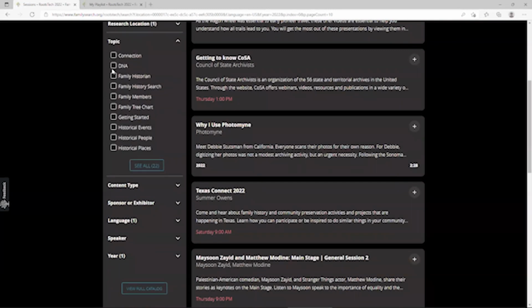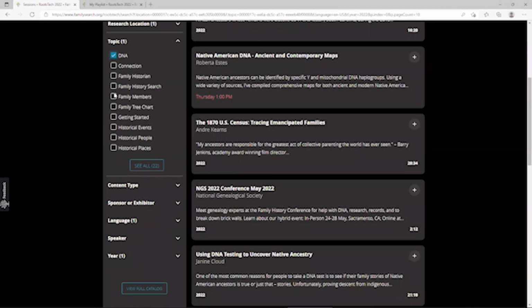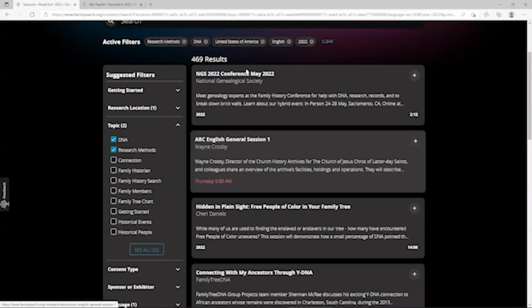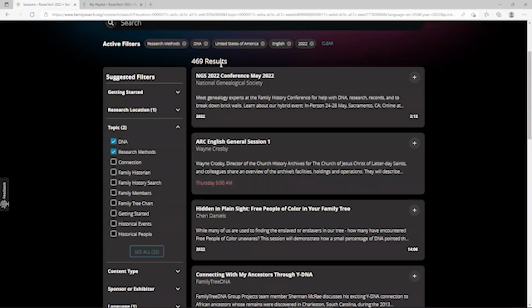I can then also add in topics. So I want to look for DNA, and let's see all. And how about research methods? So now I have 469 results. By doing this filtering, this tells me that